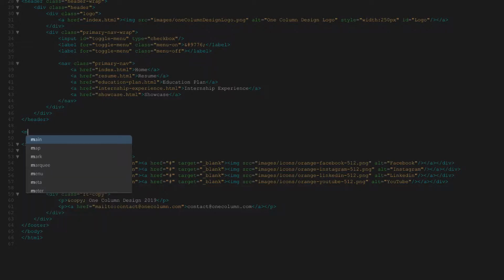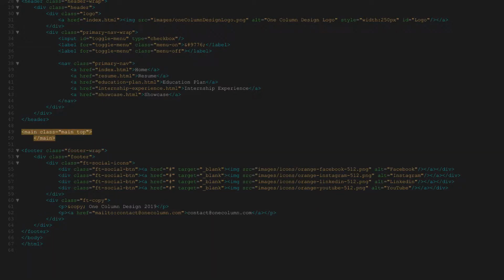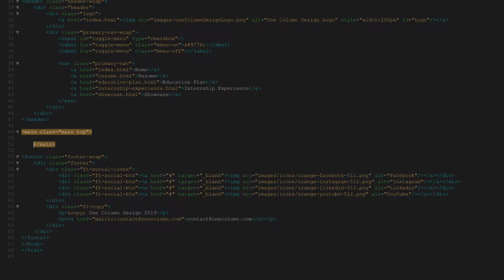So we're going to go main, left caret main, class, main. And then we're going to add that secondary class of top, so that way this main tag is pushed down about 200 pixels from the top of that header, so it clears that content and is visible. So then right click that and then hit the enter return key a couple times, and I'm going to go ahead and pull that back just a little bit there